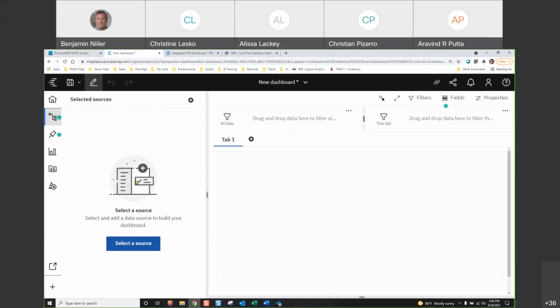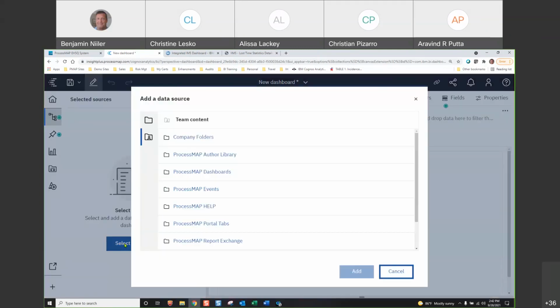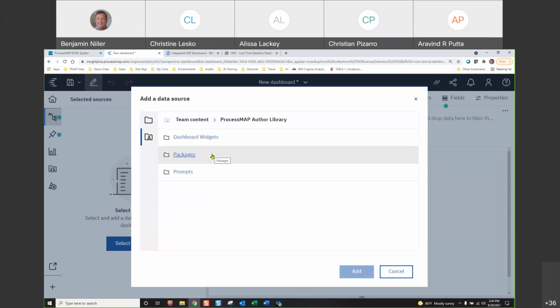Okay, so you're going to select your data source. So over here, remember, you go to your lumberyard. You need your products. You need your tools. You need your data. Select a data source. Now it's going to come up with your content folders. It's defaulted to team content. You want to open up your process map author library. Okay, this is where your data packages live. So select the process map author library,